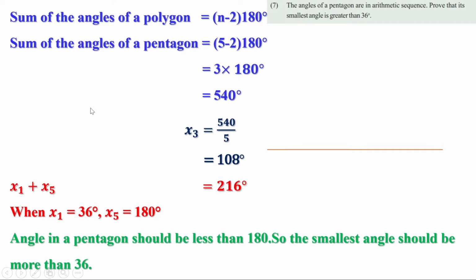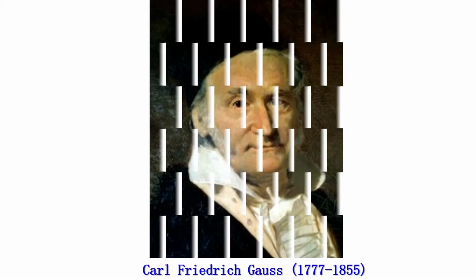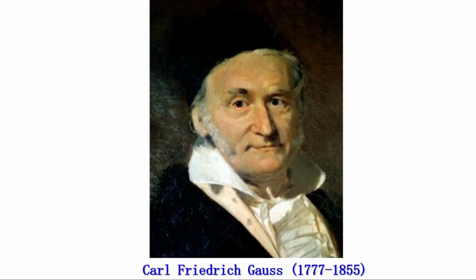In the 1780s, a German schoolmaster gave his class the tedious assignment of summing the first 100 natural numbers. That is, to add 1 plus 2 plus 3 up to 100. But one young boy almost immediately gave the correct answer as 5050. He was none other than Carl Friedrich Gauss, later known as the Prince of Mathematics. Would you like to know how Gauss found the answer?